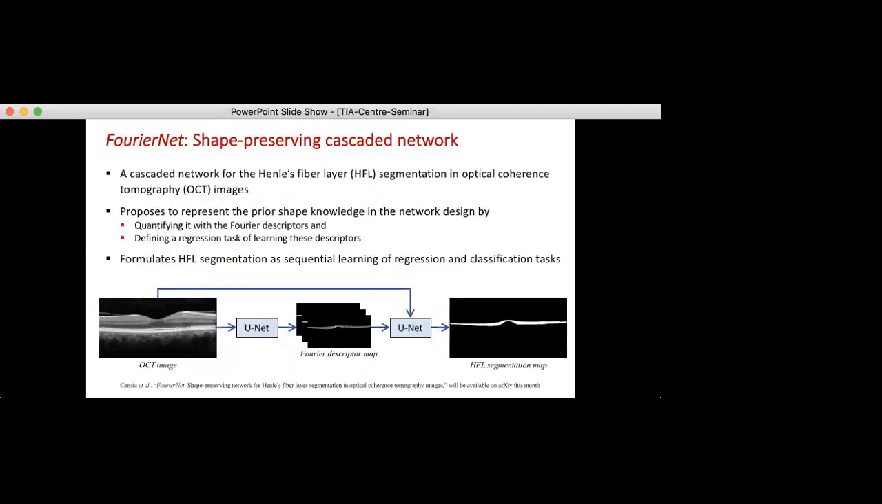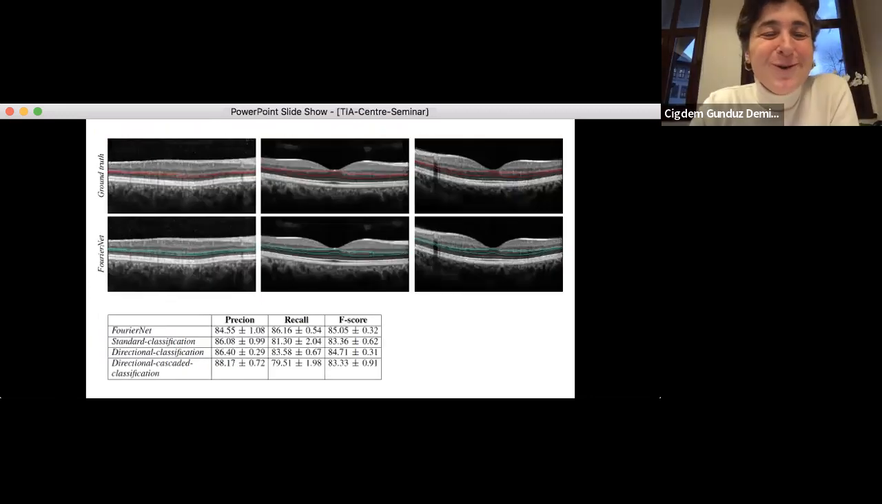Okay, so let me quickly show you the results, just two exemplary test images from this OCT data set. So we observed that we obtained very good results for that segmentation, and we did some quantitative comparisons, and we observed that we improve the results very much. Actually, maybe I need to say that